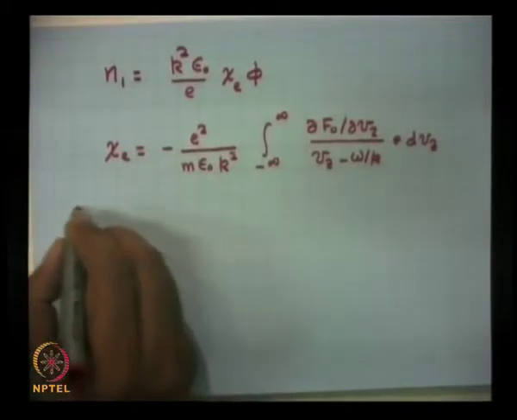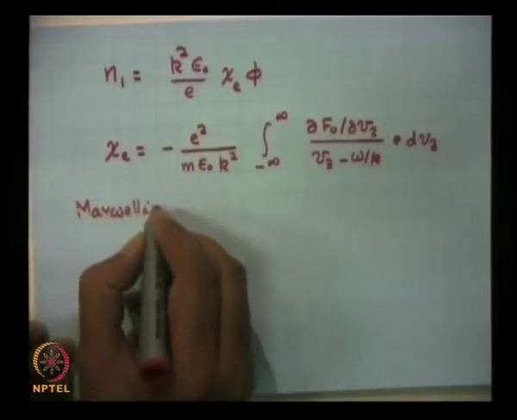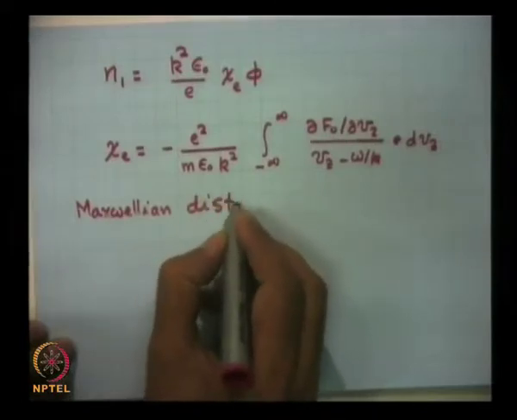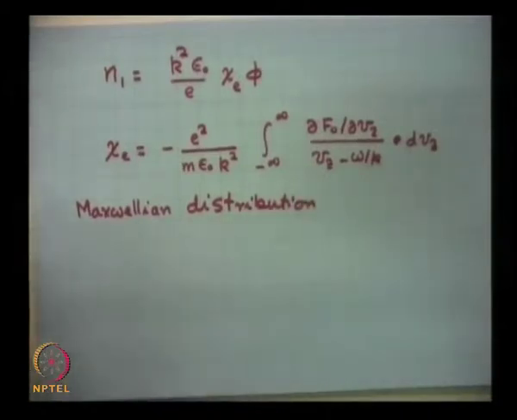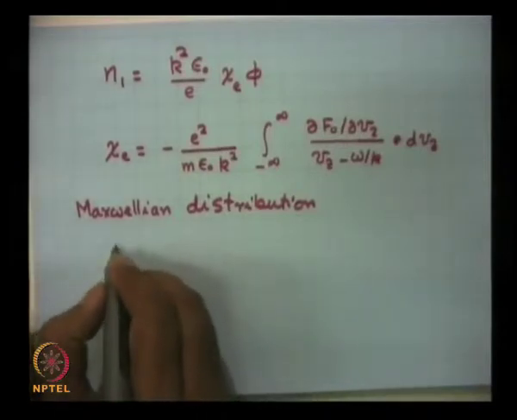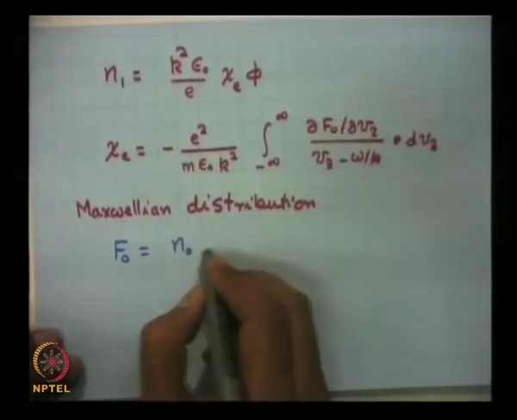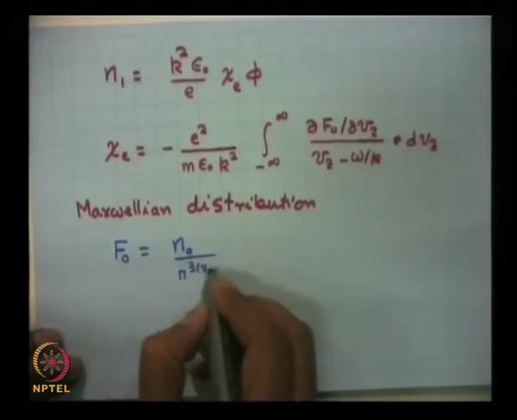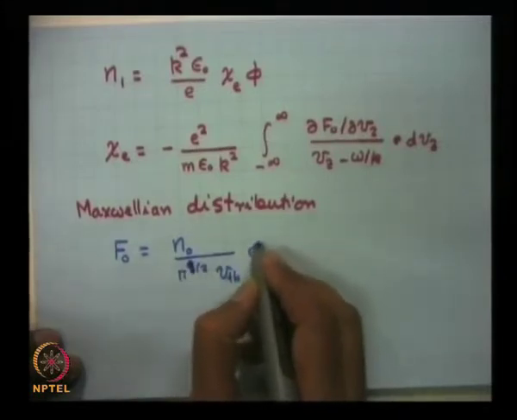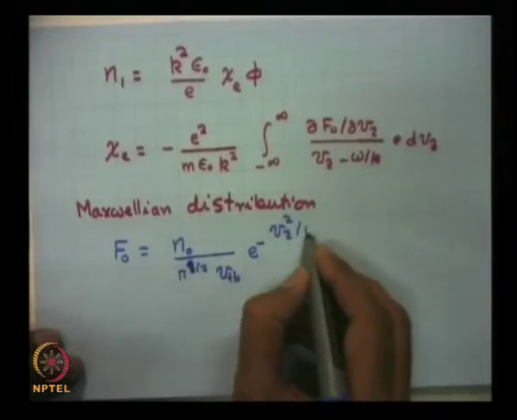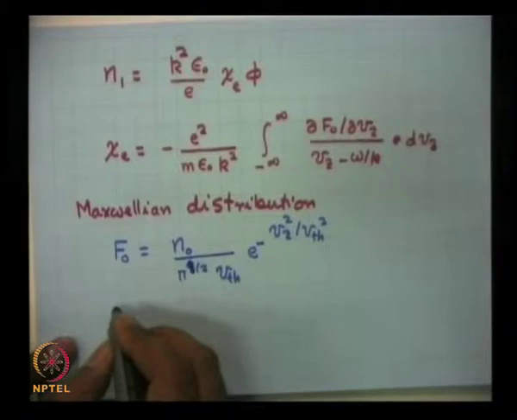And for the case of Maxwellian distribution function, I choose F0 as density of electrons per unit volume divided by pi to the power 1 half multiplied by V thermal into exponential minus Vz square by V thermal square. So, for this case we found that susceptibility becomes simple,